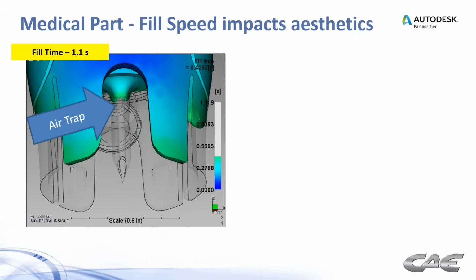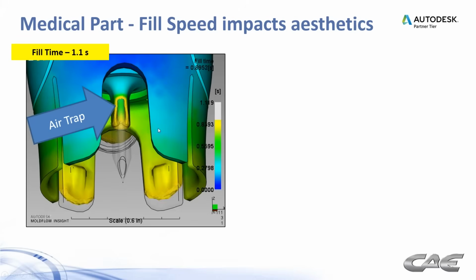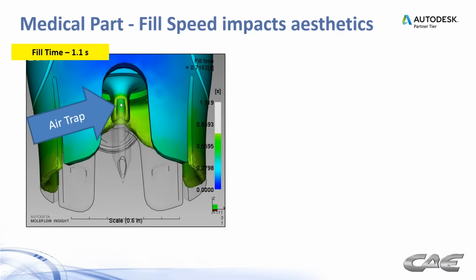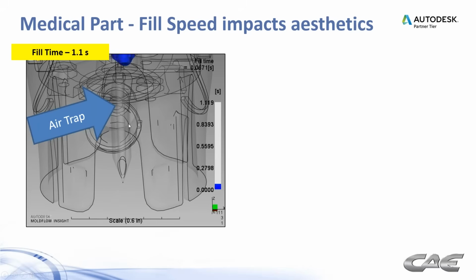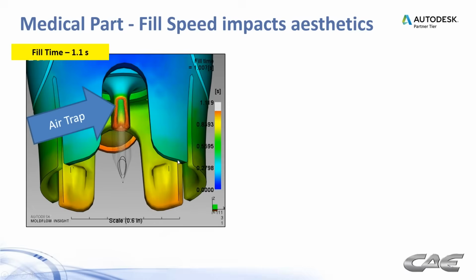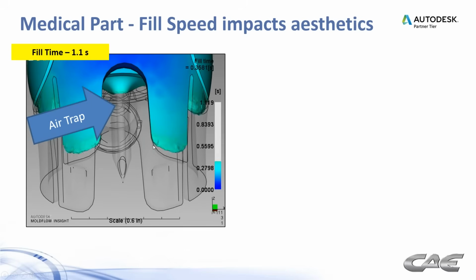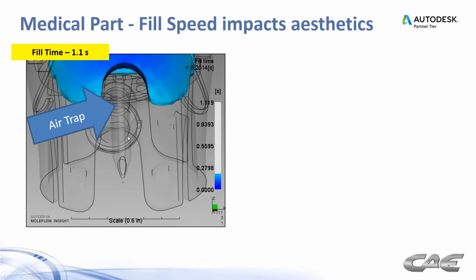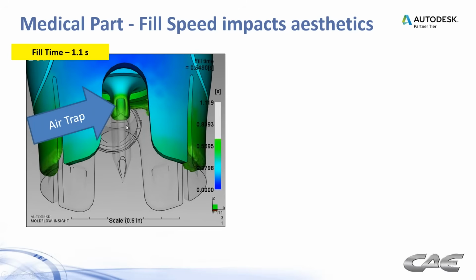So here's an example, a medical part where there's an air trap in this little, I think it's called a cannula. Very thin wall there next to other walls that are thick. So we see the path of least resistance effect coming into play here. Areas that are thick are going to fill a lot easier than areas that are thin. So you see this hesitation